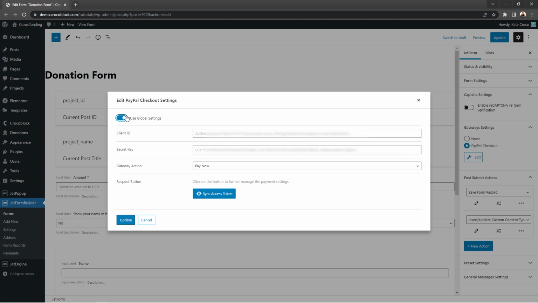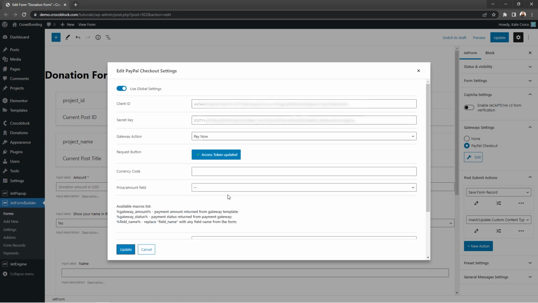Here, we can either use global API settings we entered earlier in this video, or set individual client ID and secret key for this particular form. I'll use global settings right now. So, the gateway action is the same, Pay Now, and we can click on Request button to sync the access token. Okay, over here we can customize some other options like currency code, which will be USD in our case,